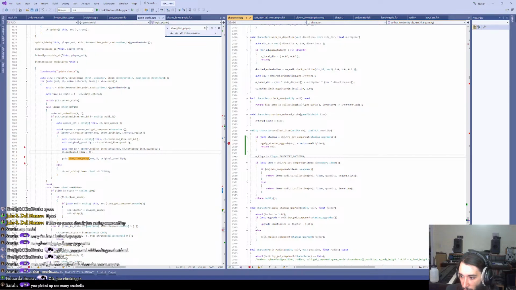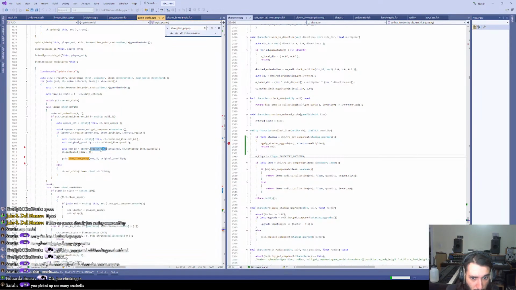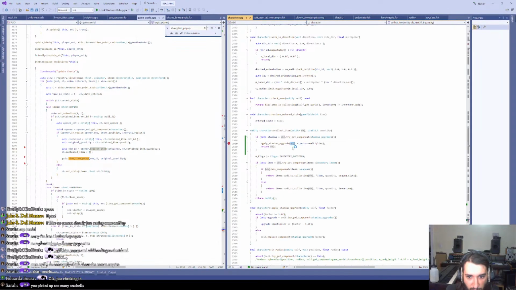Put a thing here. We're gonna go into debug. Oh, that's why. Okay. Because that wants to be self. Uh-oh. Well, here's what we can do. We can do entity dot get